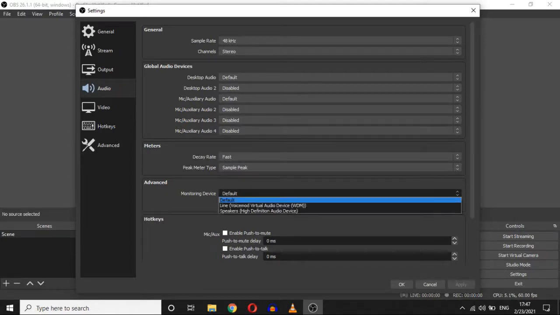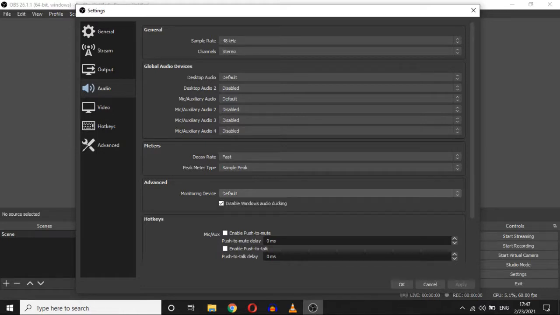If you have added any monitoring device, you can choose it from the list below. Basically, a monitoring device is a device by which you or someone else can hear what someone is speaking inside a soundproof room. It is a complex setup. You can also include the Windows sounds into the recording.